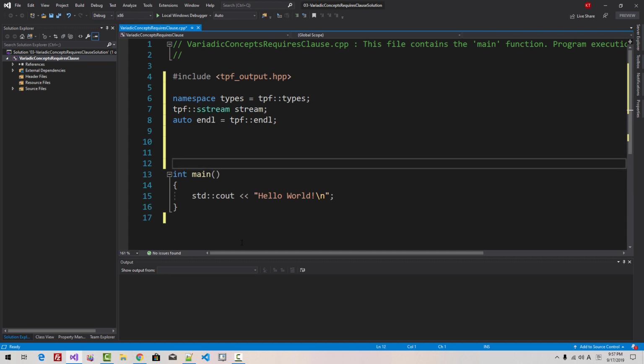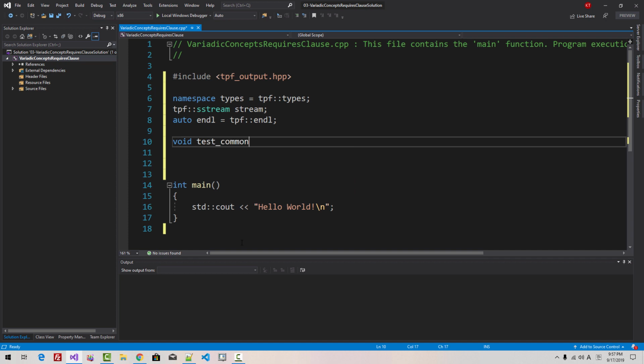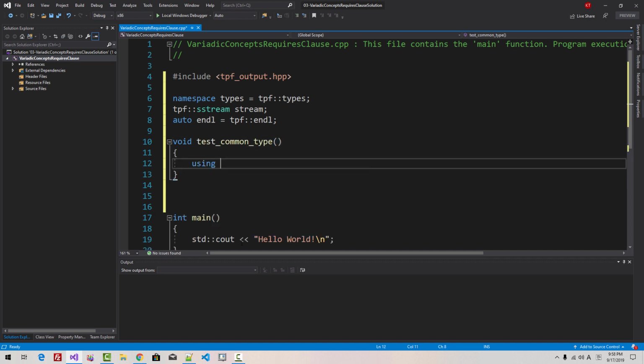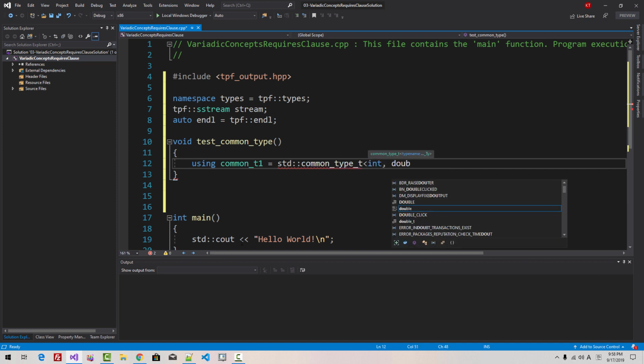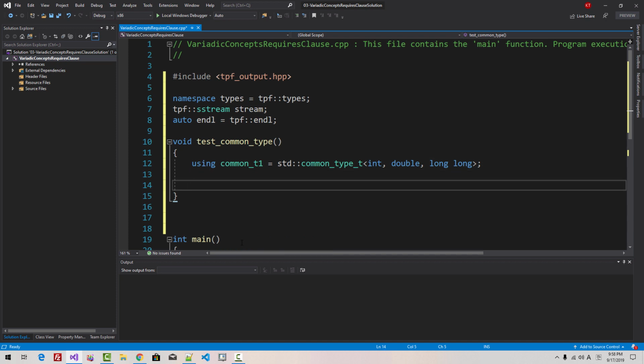Before we talk about variadic concepts, we will talk about common type. In C++, type trait common type is defined, but that does not work. Okay, I will create a function test common type using common t1 std common type t int double long. Now what will be the common type? We can display the type like this: